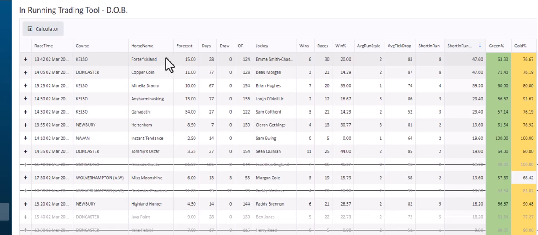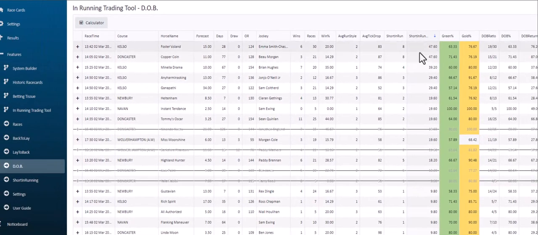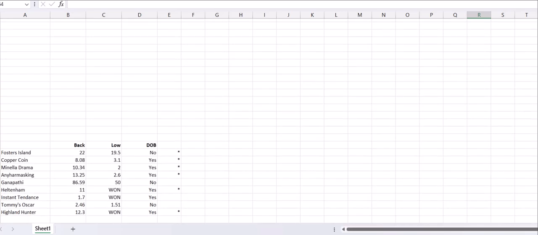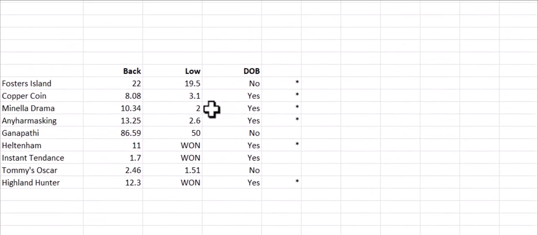So here are the horses we're hoping are going to dob. We've got 1, 2, 3, 4, 5, 6, 7, 8, and 9. Okay, all highlighted, all positive in the short in running column, all with a green and gold highlighted. So we're not looking at Miss Moonshine. And again, I've put these on the spreadsheet, and we can see that there was a horse at 86.59. As I said earlier, it's a bit difficult to get enough money on horses at big prices sometimes,